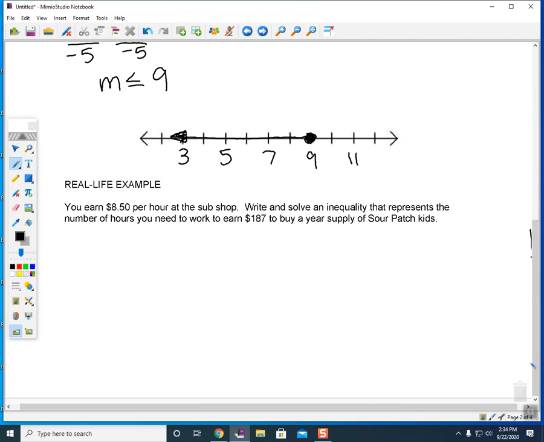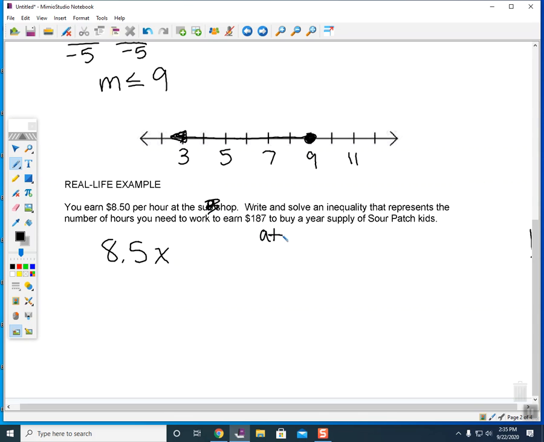Okay, last one down here. A real life example. So you earn $8.50 an hour to work at the sub shop. We're going to write and solve an inequality that represents the number of hours you need to work to earn $187 to buy a year's supply of Sour Patch Kids. So if we're going to set this up, I've got $8.50. I'm just going to represent that as 8.5, $8.50 per hour. So per hour means that I need to take 8.50 times however many hours. So 8.50 per hour. And it needs to be at least,